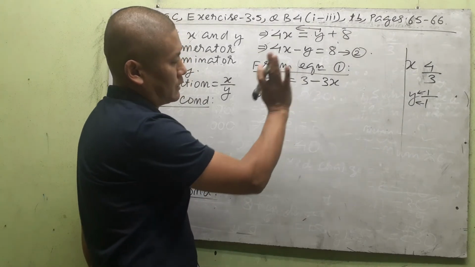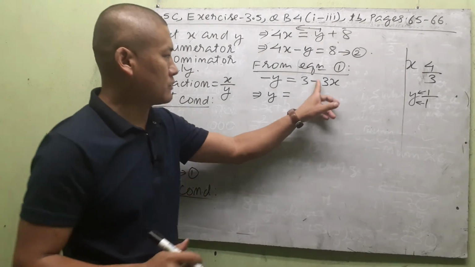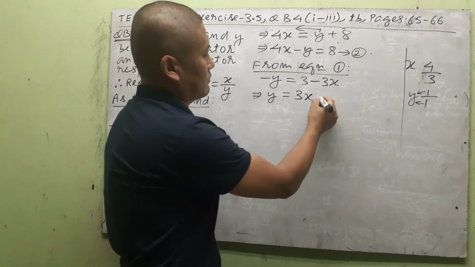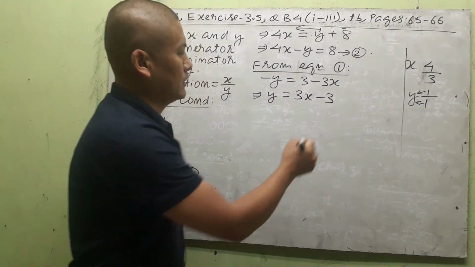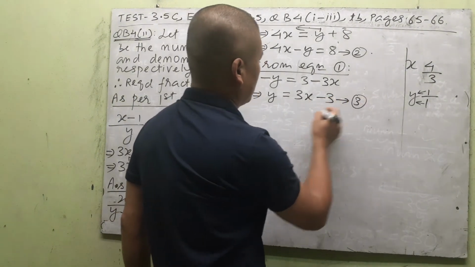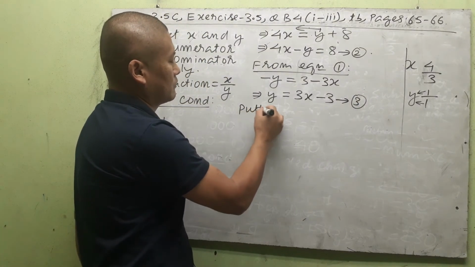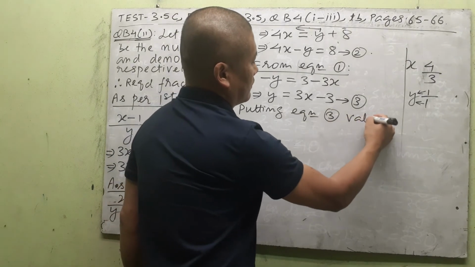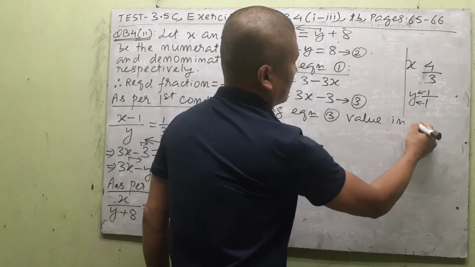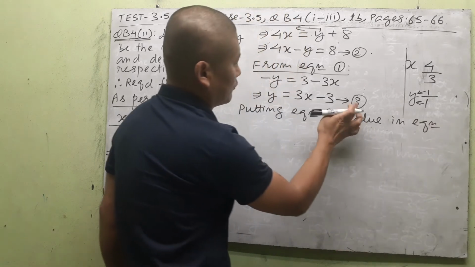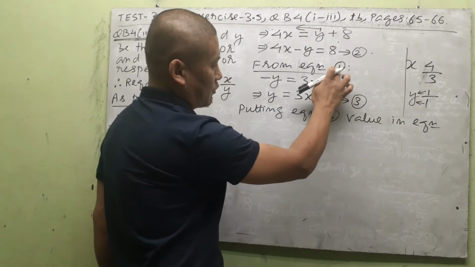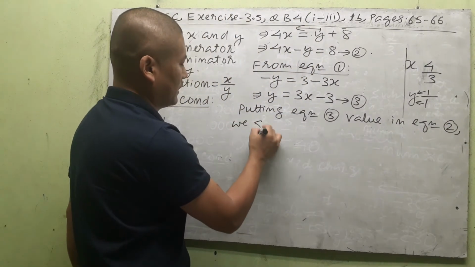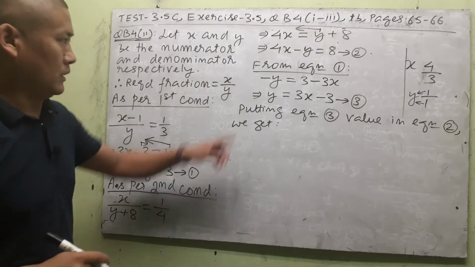Then every term in the equation will change the sign. So here minus 3x will change to plus 3x. No sign in front, plus 3 will change to minus 3. Okay, so let us put this one as equation number 3. Now putting this value here, putting equation 3 value in the equation. Now we took equation 3 from 1, so we should not put it in 1 again, put it in another one, 2, right? So 2 is here, so we write here